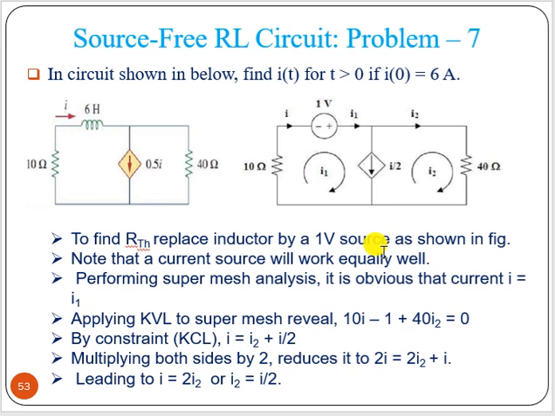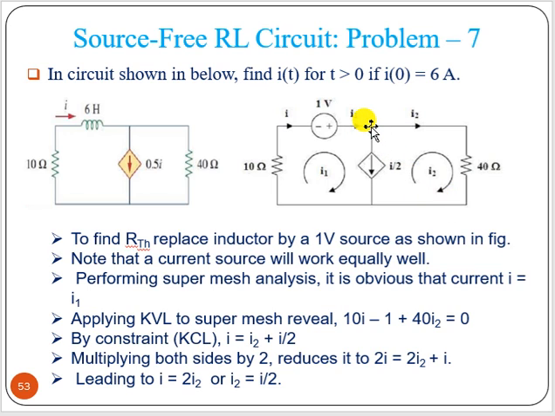and this is another problem where we again have a dependent source, right? So across the inductor, you have to remove the inductor and put a 1 volt source here. Then we can find out the current I1. Then RTH will be 1 volt divided by I1. Okay. So writing the KVL at this loop, we can have 10 I1 minus 1. Here we have a current source, so we have to make a super mesh. Okay. So 10 I1 minus 1 plus 40 I2 equal to 0.